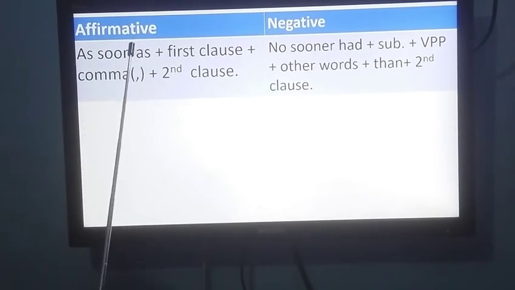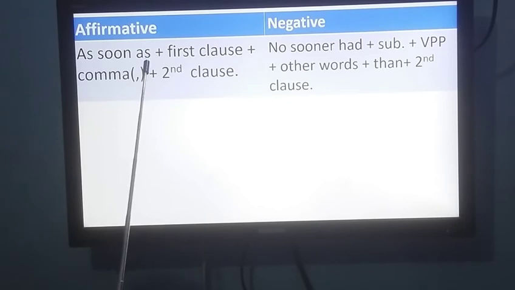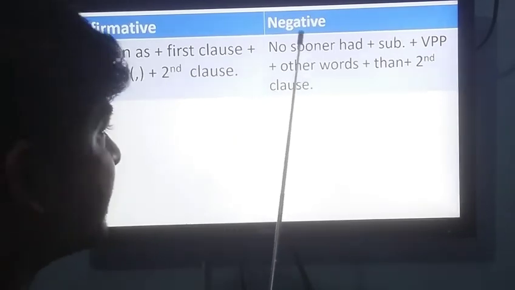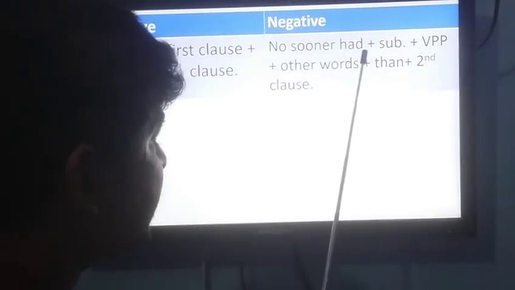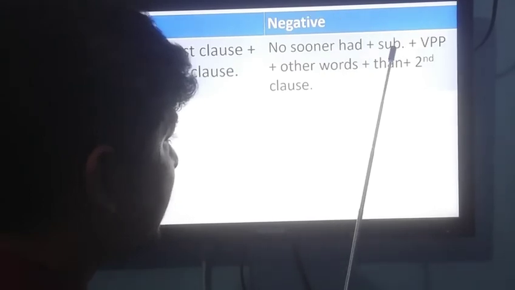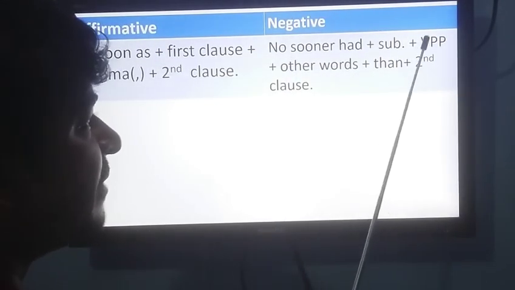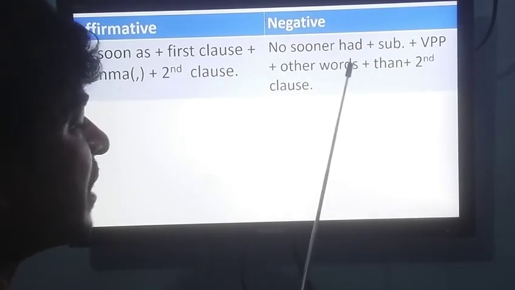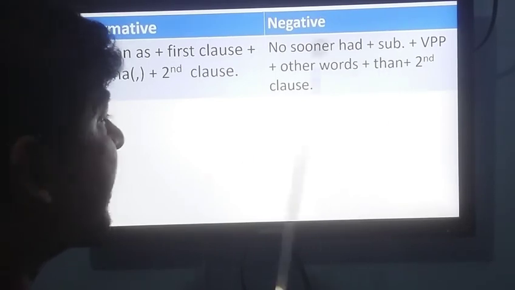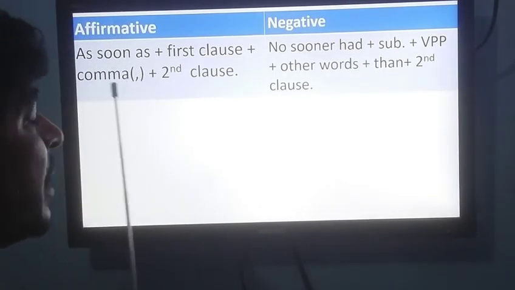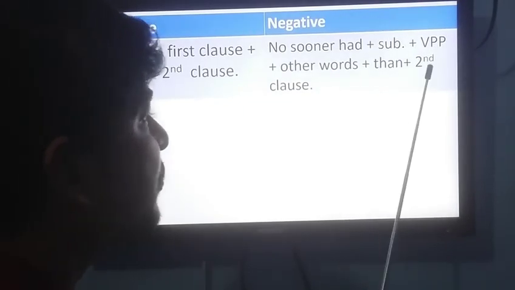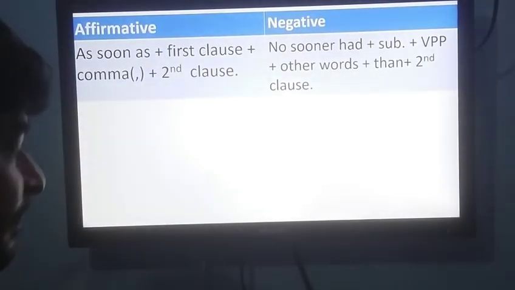Then in affirmative sentence, if you get as soon as plus first clause, then comma, then second clause, we have to make the sentence negative in this way. First of all, we have to write no sooner had, then we have to use the subject, then our verb in the first clause will be the verb's past participle, then other words of the clause, then in place of comma, this comma will be abolished here, then we have to use the second clause without changing. Okay, now